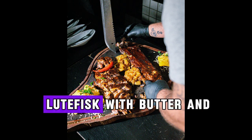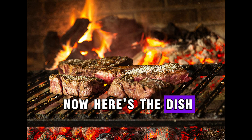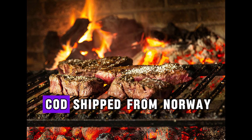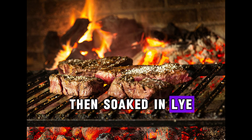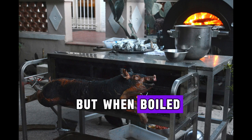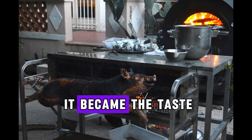2. Lutefisk with butter and boiled potatoes. Now, here's the dish that made neighbors whisper. Lutefisk. For Swedish immigrants in Minnesota, this wasn't just food, it was identity. Cod shipped from Norway, dried hard as wood, then soaked in lye until it turned translucent and jelly-like. Sounds strange? It was. But when boiled, smothered with melted butter, and served with potatoes, it became the taste of